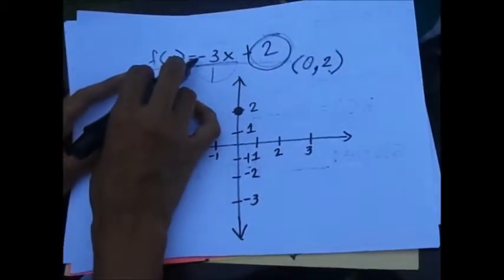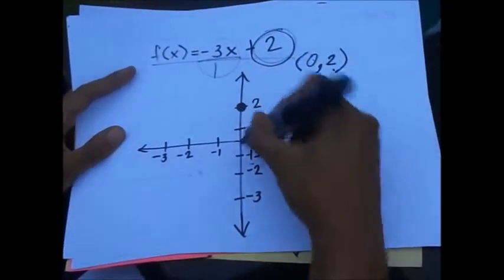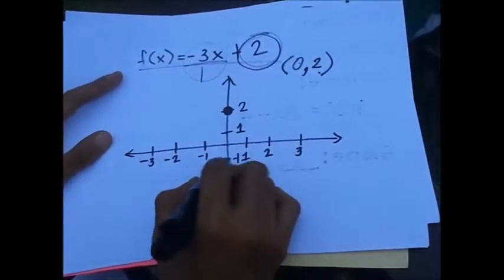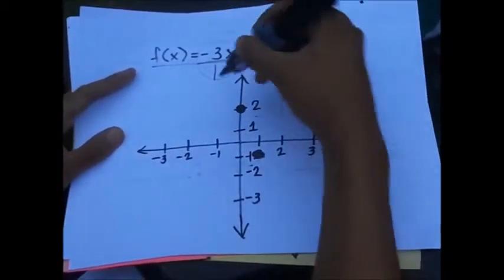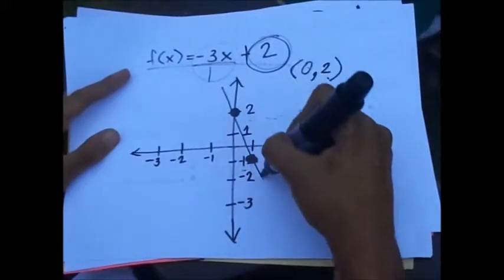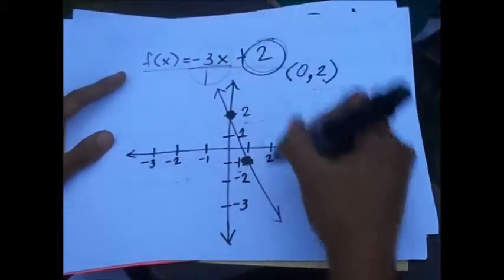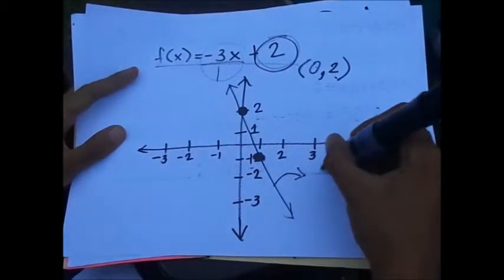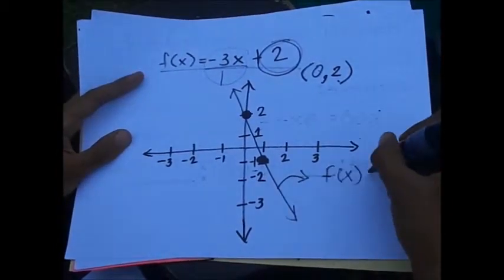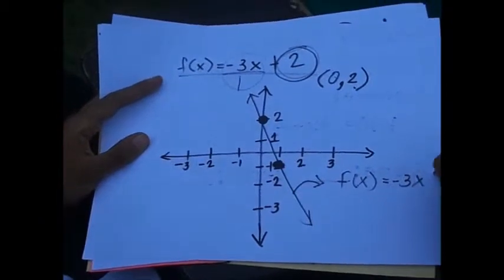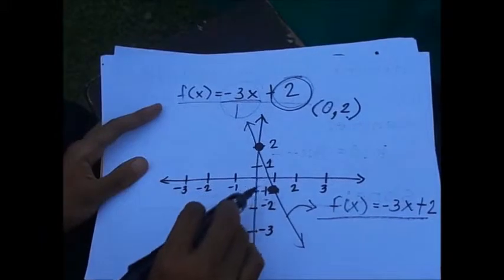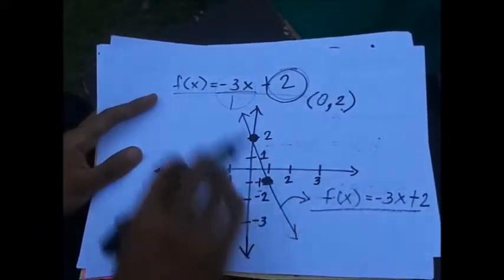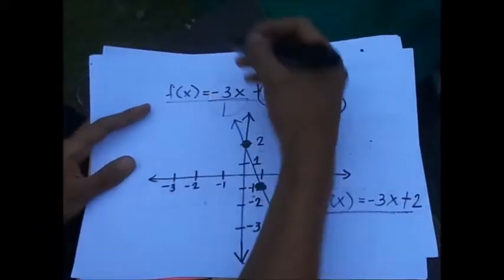Since it's negative, the movement of the graph is downward. So 1, 2, 3, then turn to the right, 1. Here. So make a line, then connect it. Here is the graph of f of x is equal to negative 3x plus 2. So the trend of the graph is decreasing because of the slope